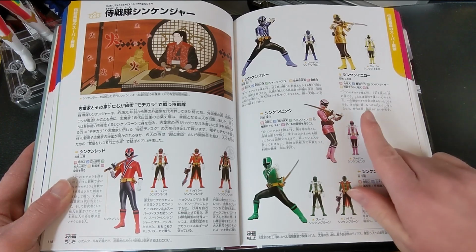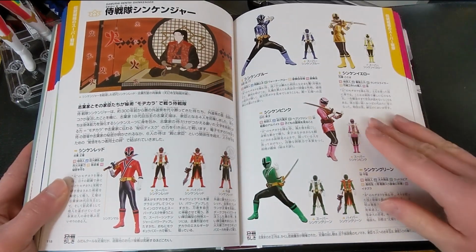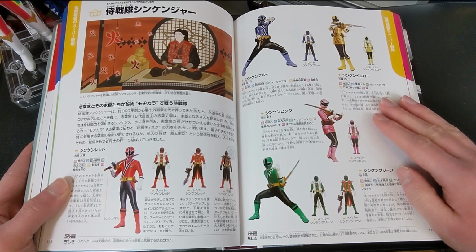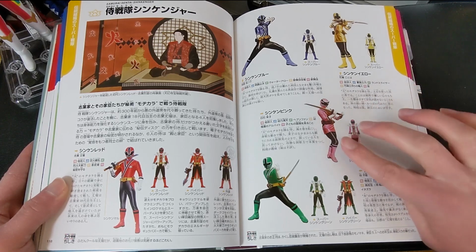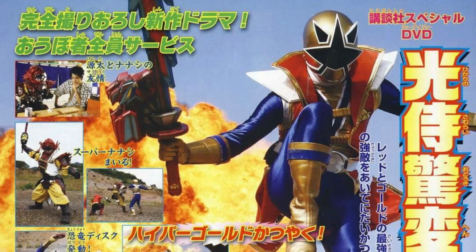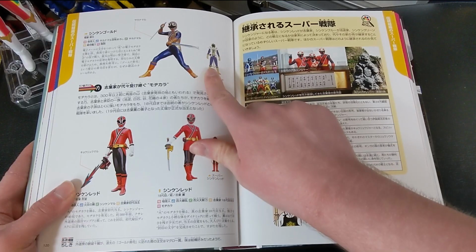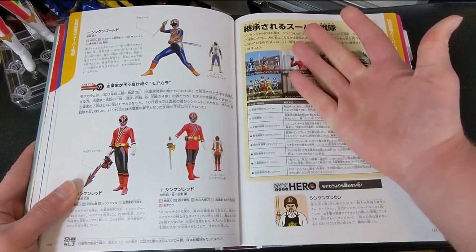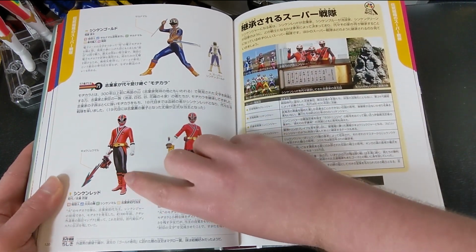Another thing that is not included is Hyper Battle DVD stuff. So while V-Cinemas and crossover films are all in here, the Hyper Battle stuff is not. So for a perfect example, in a Hyper Battle DVD for Shinkenger, Shinken Gold got to use the Hyper Jacket, the red one with the Kyoryu Maru, and they only ever show him with the Super Jacket, which happened in Ghost Ager versus Shinkenger, and they don't show him with the Hyper. So what is cool, though, is that they have a separate...